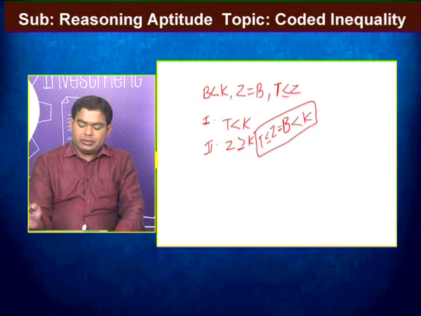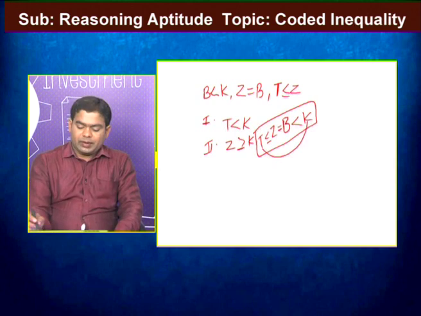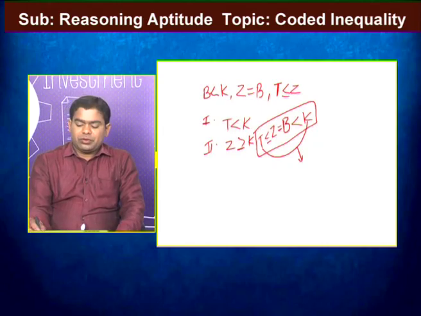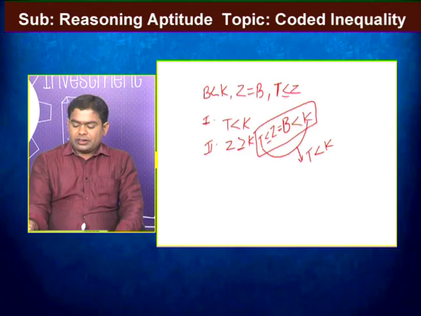In this combined statement, we verify the relation between t and k. Here, by observation, between t and k, less than or equal to and less than are there. That means only common inequalities exist. That one is less than, t less than k. So here the arrows are towards the k side.